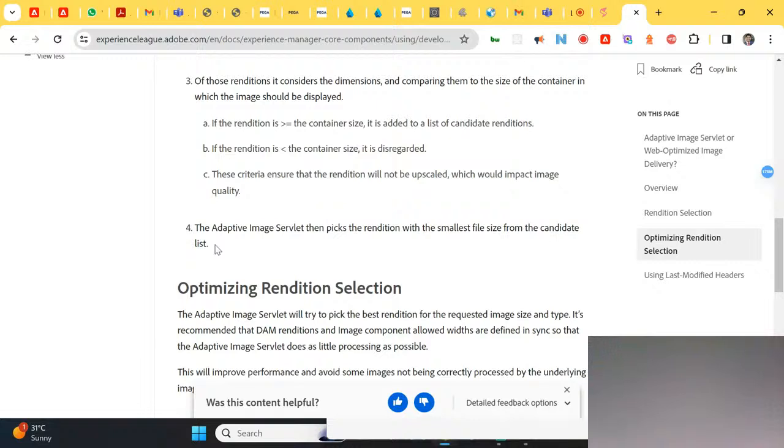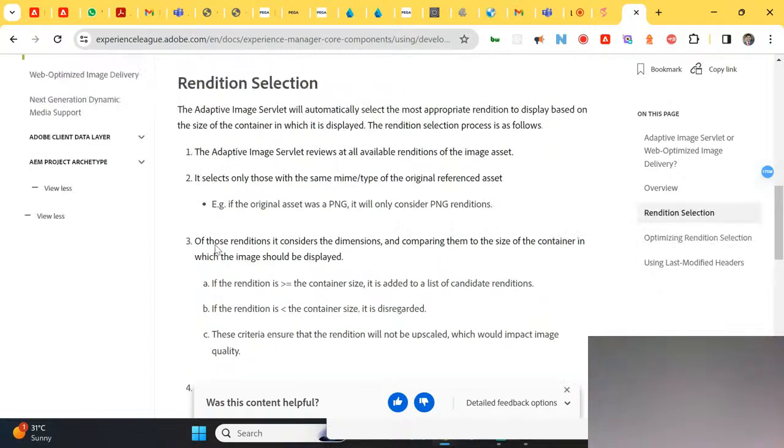Is it making sense? Can you just scroll up that rendition, how it is optimizing?